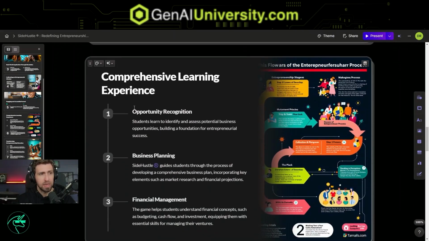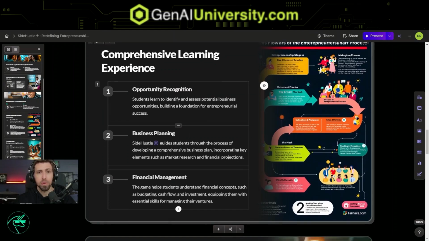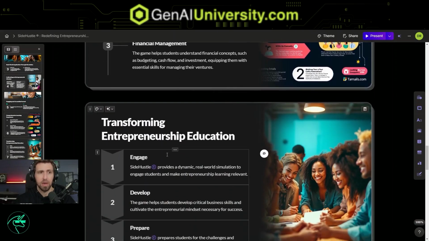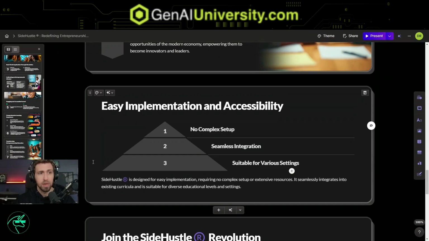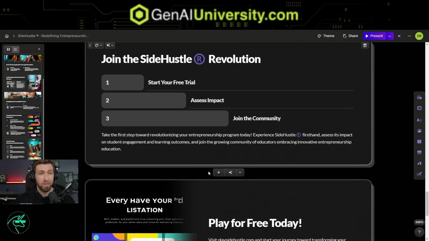But ultimately, the inputs that I provided here are directly going to inform the outputs. And so it's my responsibility as whoever's putting this presentation together to review it and to make sure that it all looks solid before I would go and obviously pitch this to somebody. I would want to make sure that the information is correct and spend some time reviewing that.